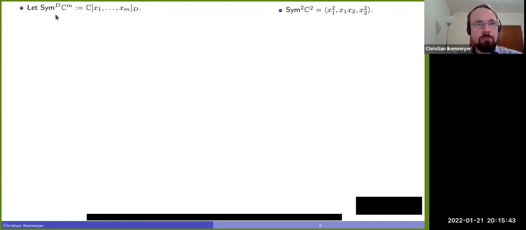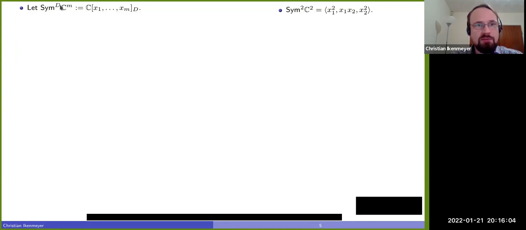Okay, so I want to introduce some notation. This is a slide that covers the whole GCT setup on one slide. On the left-hand side, there's the general setup, and on the right-hand side, there's an example. I thought it would be nice to have all these things on one slide for once.